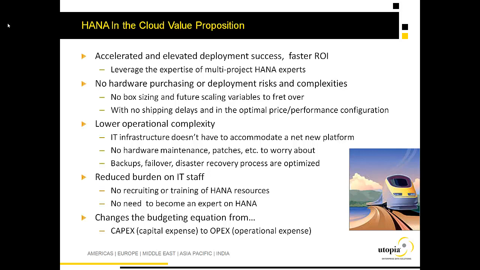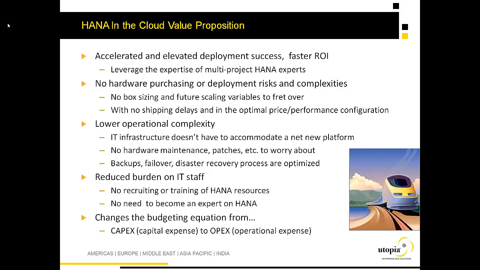So you don't have to worry about box sizing or future scaling variables. In other words, how much do you think your data set size is going to grow over time? When you're hosting an application in the cloud, such as SAP HANA, the hosting size and the data domain becomes the challenge or the problem for the hosting provider. It's not yours to worry over. Yours is just to use the hosting service,